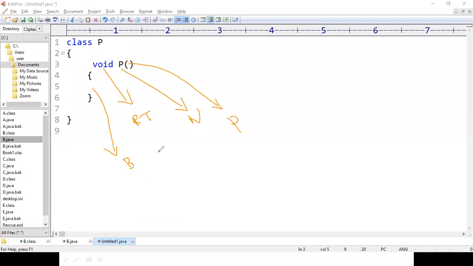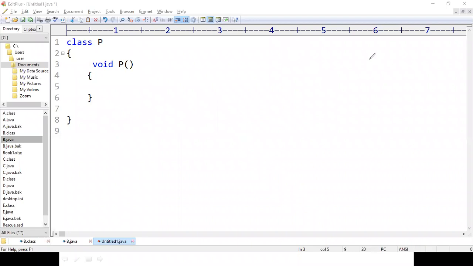So what this return type specifies is that the particular thing is going to be returned by the method after execution. If the method is going to return nothing, then we have to mention that method as void. So void specifies that the following method will not return anything. So here, one important point we have seen in the slide.